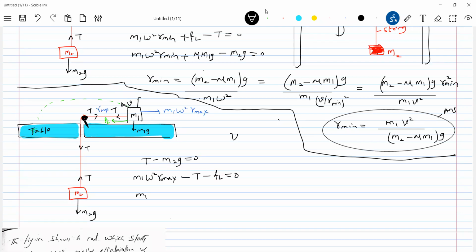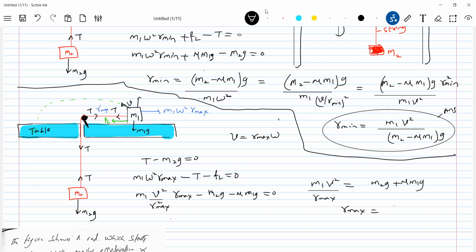What is omega? V equal to R max by omega, no? So omega equal to V by R max. T is what? M2G minus mu M1G. So this will be the R max. So expression for this: M1 V square by R max is equal to M2G plus mu M1G. So R max equal to